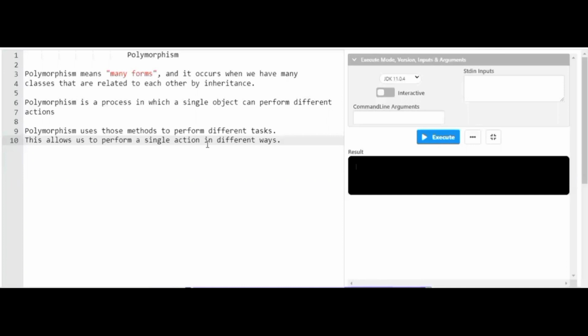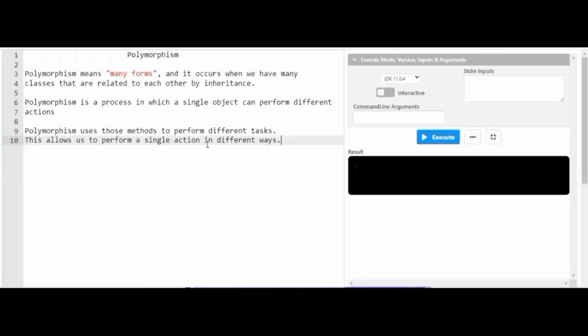Even if you eat with your hand, with the help of a spoon, or with the help of another person, everything is the same action, that is, you are having lunch. That lunch can be performed in three ways: in hand, with a spoon, or by asking for another person's help. That is how polymorphism takes place with a real life entity. That means a single action can be performed in multiple ways.